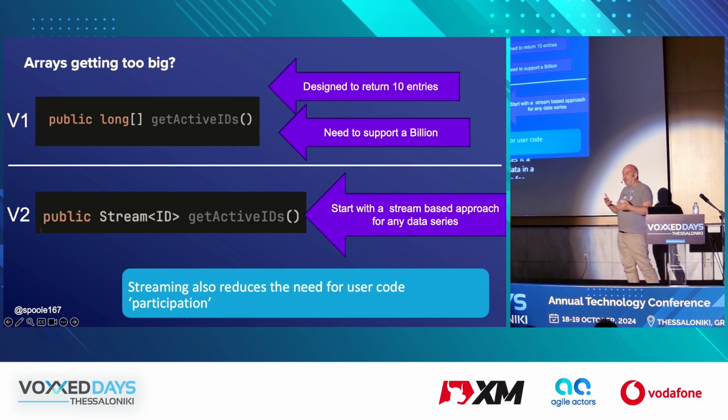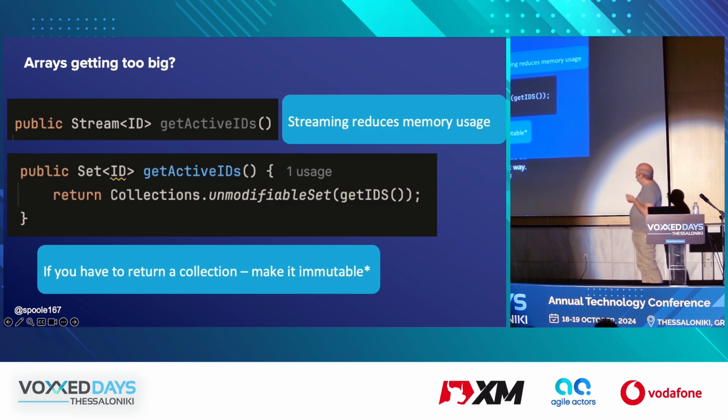And with this idea, people ask you, you give them data, they can then use streams and provide all the mapping and the filter stuff. It's so much easier to write code that way. You don't need lots of horrible classes and abstract methods and things like that. If you do want to return a collection, if you have no choice, then remember to make it immutable. It's not perfectly safe because people can still fiddle with the objects inside, but at least you have some protection.